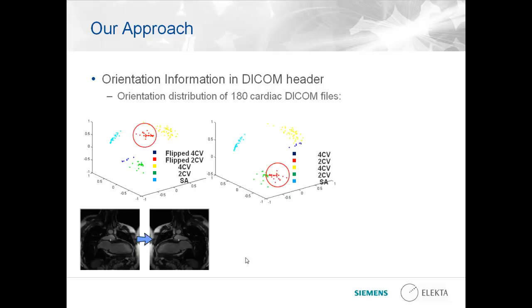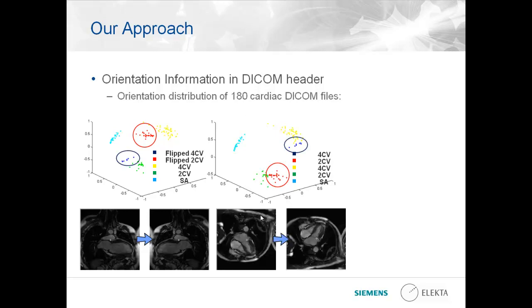There are some flipped 4-chamber views and flipped 2-chamber views, and if we flip those images back, we get the clusters here. And if we flip those 4-chamber views back, we will have this plot. And if we combine those 4-chamber views and 2-chamber views together, we will have this very beautiful graph that linearly separates those 3 clusters. And finally, we got those very well separable clusters, and each cluster corresponds to one class